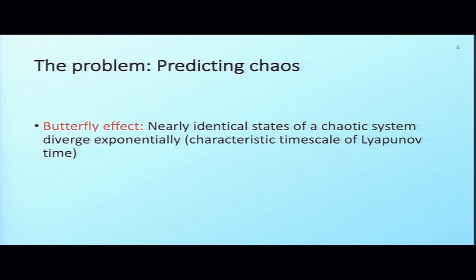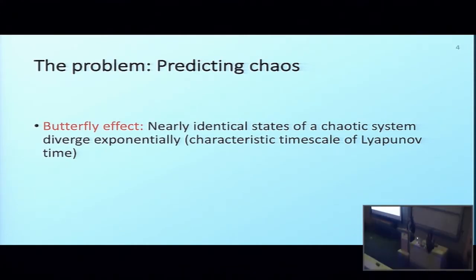So the main issue that we have when we're trying to predict a chaotic system is this kind of butterfly effect. So you might have heard this before, in describing that if a butterfly either chooses to flap or not flap its wings, it can have huge changes on things like the weather, causing things like a tornado a long time in the future. And that's sort of describing what happens in a chaotic system, where when you have nearly identical states, they're going to diverge exponentially from one another over a characteristic time scale, the Lyapunov time.